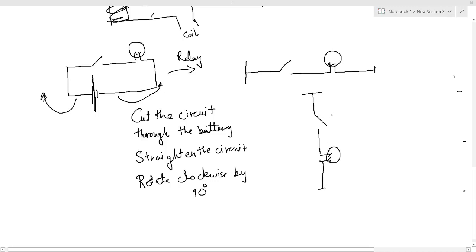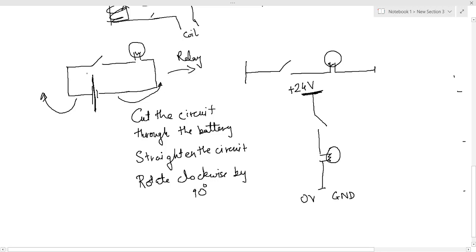Okay. If you remember from the previous lecture, this is how our circuit was looking. See, this is the positive end. In all electropneumatic circuits, the positive end is plus 24 volt. And the negative end is either 0 volt or we call it ground. Okay, so this is how relay circuits are made, right?